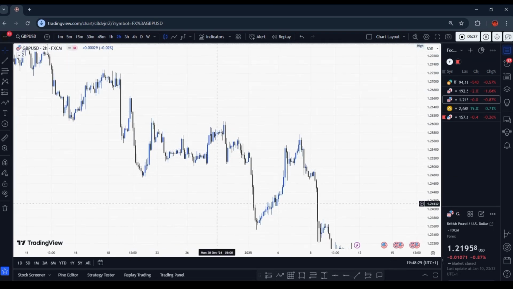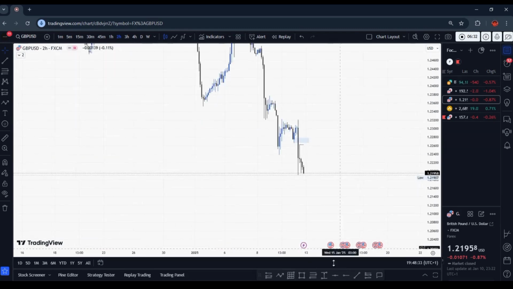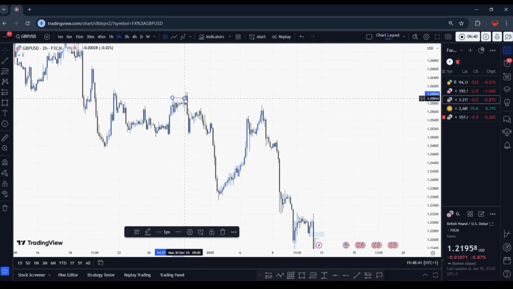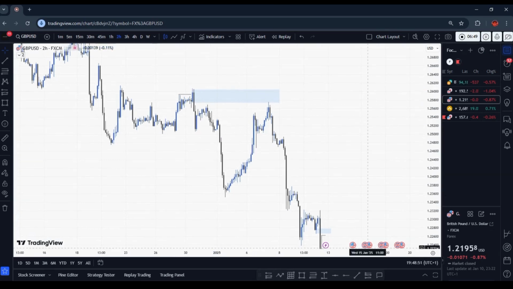So marking out this pattern here, you see something like this. We have a sweep of liquidity. You also have another block here. Now you can see that in a certain way, if you look at this inducement, this false pullback that was created,